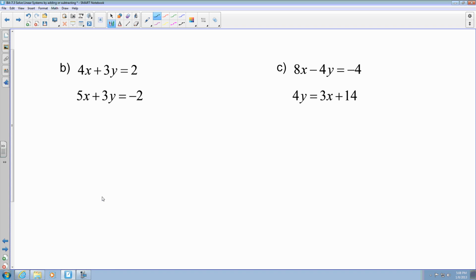I'm looking for which numbers match up with the correct variable. I see that I have a 3y and a 3y in both of my equations. So this tells me that I'm going to eliminate the y in this case. So are they the opposite or are they the same? They happen to be the same. So that means that you're going to subtract both